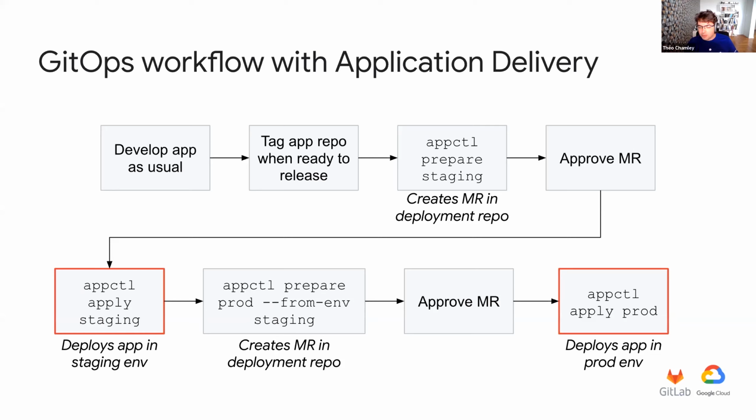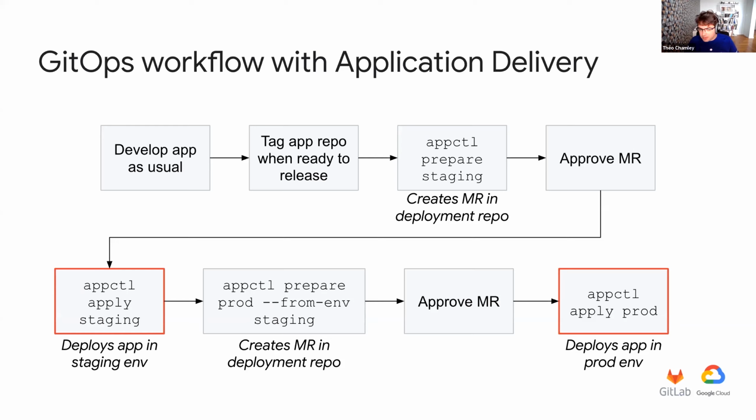And in that merge request, you're going to see the full Kubernetes configurations as they're going to be deployed. And you can review that and approve that merge request. And once that merge request is approved, you can run appctl apply staging, and appctl is going to actually deploy your application in staging. And finally, once you want to deploy to production, you're going to run appctl prepare prod,